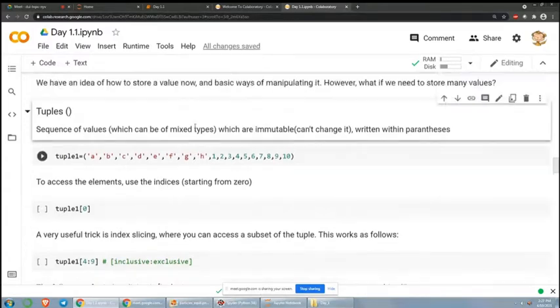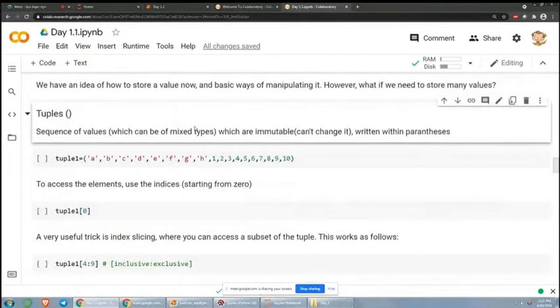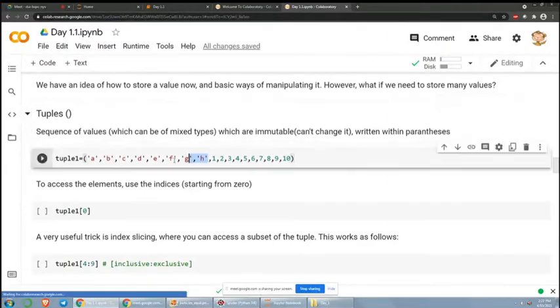Okay, so let's start with something that's more important for us. It's how do we store values, how do we store data, and how do we manipulate values. So there are different kinds of containers in Python. There are tuples, there are lists, and then if you use Numpy, then there are also arrays. Okay, so tuples are sequence of values. Pwede mixed type. So for example, kani strings ni siya tanan, and then kani siya tanan kay mga integer,